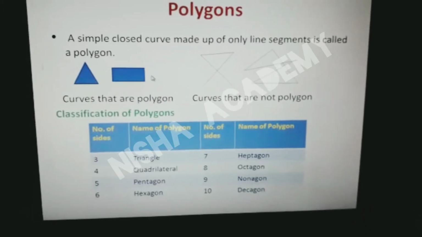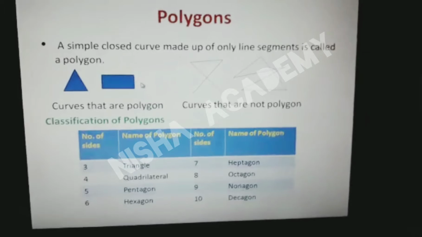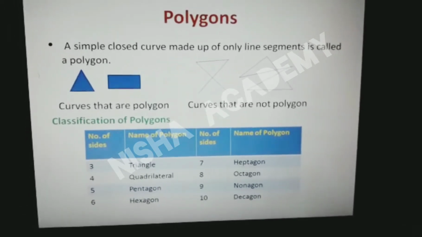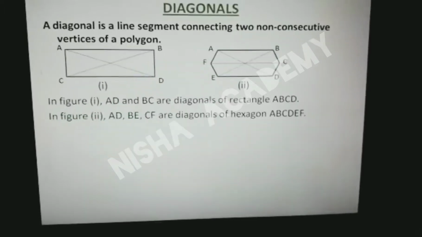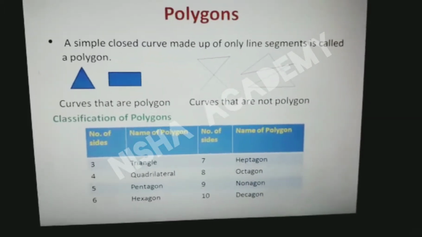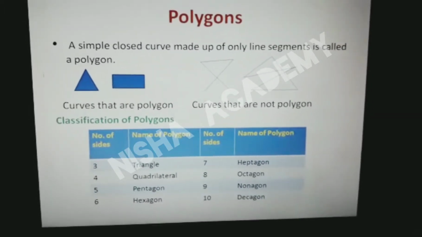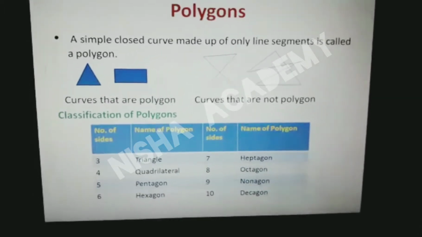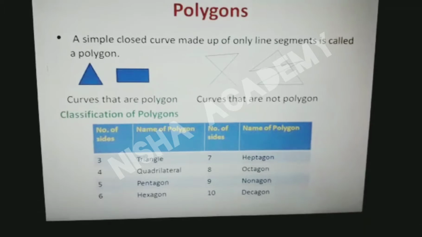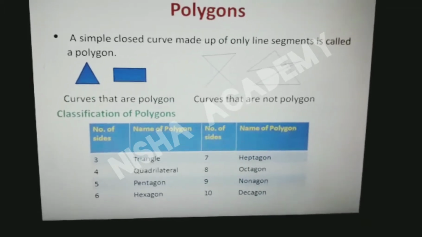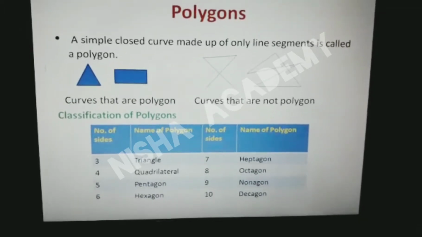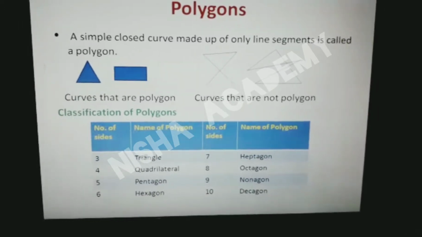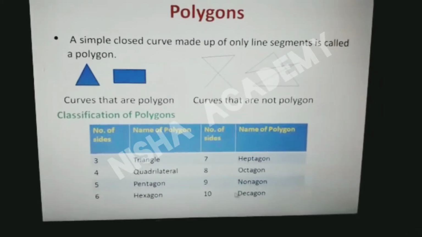These two are examples of polygon. Now there are various types of polygons on the basis of number of sides. I have here classified them by number of sides: 3 sides, the name is triangle; 4 sides, quadrilateral; 5 sides, pentagon; 6 sides, hexagon; 7 sides, heptagon; 8 sides, octagon; 9 sides, nonagon; and 10